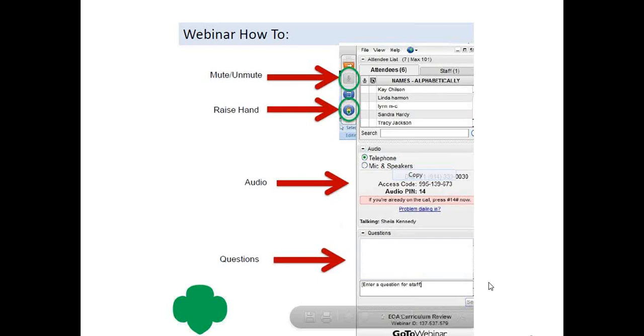Once you have your control panel, you have a raise hand button. It looks like a hand with a green arrow in it. If you click on the hand, that will be my signal. I can take you off of mute, and then you can speak your question right to me, and everybody will hear you.